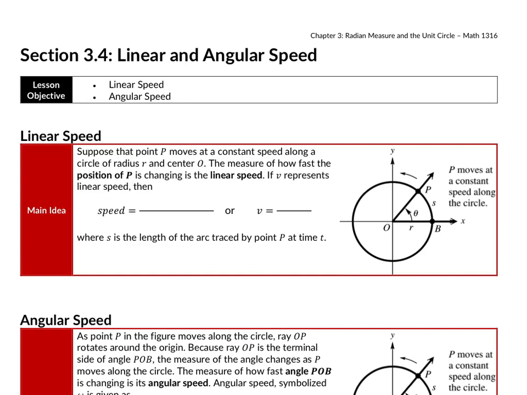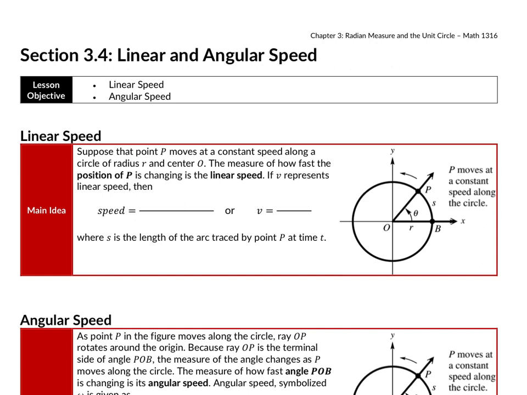So like I said, this is the last section of chapter 3. So we're still talking about uses of radian measures in our trigonometry. Next chapter starts talking about the graphs of sine, cosine, and tangent. So we'll be graphing these functions on like a regular XY plane. But to finish up chapter 3, we're going to discuss linear and angular speed, which is an application of these